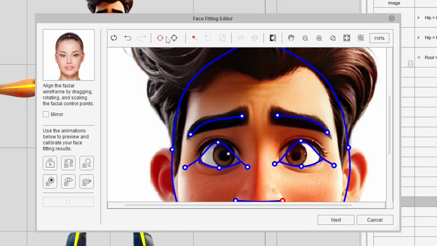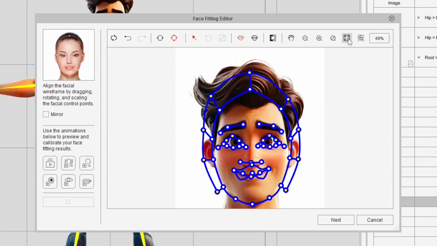Right, so once you've done that, we don't go next just yet. You'll see up here we've got these more detailed points that we can edit. This is the basic points. We want to now do the more detailed points. So we'll click on that and you'll see if I zoom out, we've got a lot more points we can